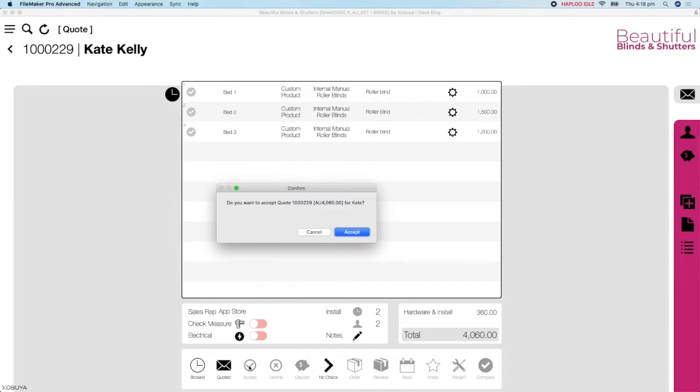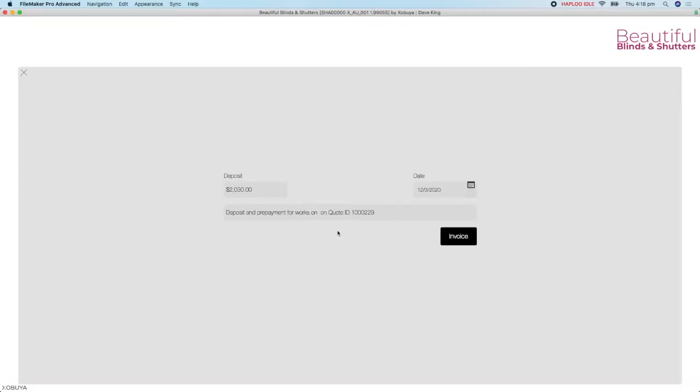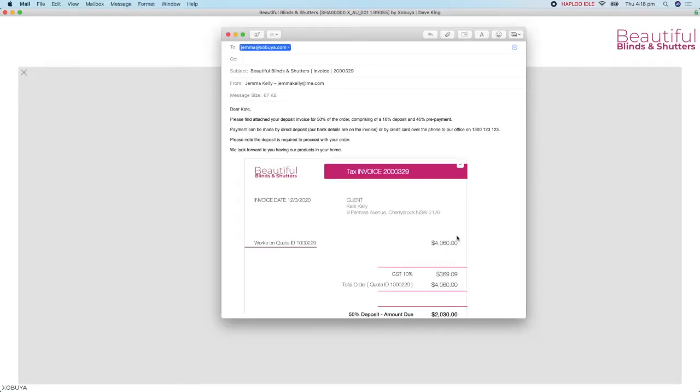We update the app to reflect the client has accepted the quote by clicking Accept. When you click Invoice, this sends the invoice to the client and, more importantly, sends the information to Xero and does your accounting for you. An email is drafted with the invoice and once again in the click of a button is sent via email